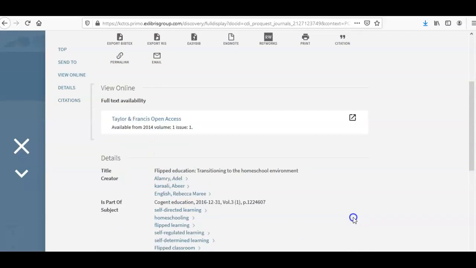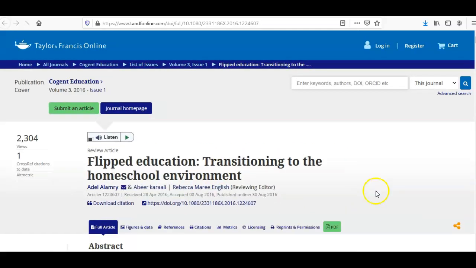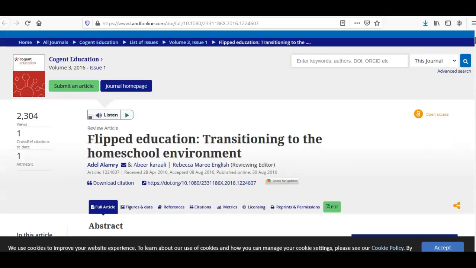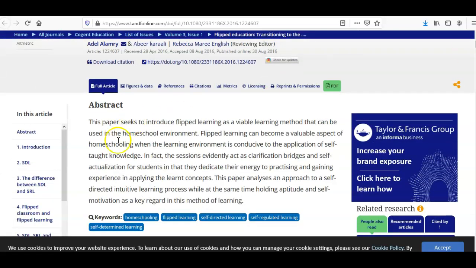Sometimes this will look a little bit different when you are logged in, but it's really close. So it says full text availability. So I'm going to click that. It's going to take me hopefully to this article. There it is. I have my first source. Now, when you look at this, it has the abstract, which is a summary of that article, right? Here is the location online. It's like an address, like your home address, sort of, except this one is online in DOI. Not every article has a DOI location, but this one does.